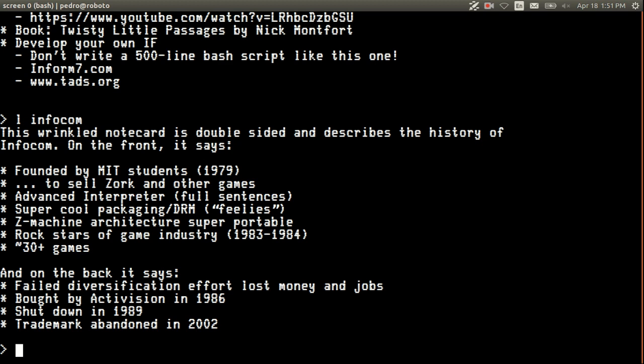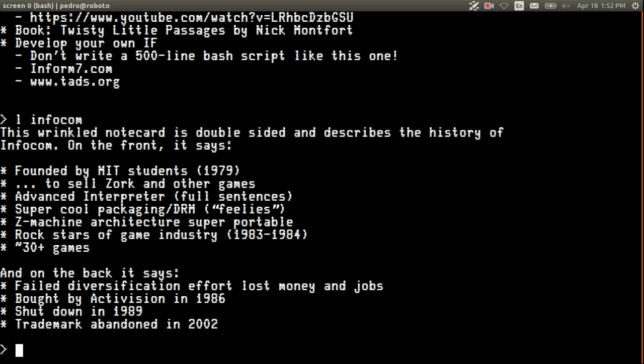Or if there's two things you could mean, it will say, I don't know which rock you mean, or whatever. And so the parser, the really intelligent parser, and the implementers, that would be Infocom, were thinking about what people are going to try to do, what aren't they going to try to do. In the constrained era, everything that you program that it could possibly do, interactions that don't really matter, just take up resources that could have been used to make the game richer. So there's a design trade-off because it's constrained.